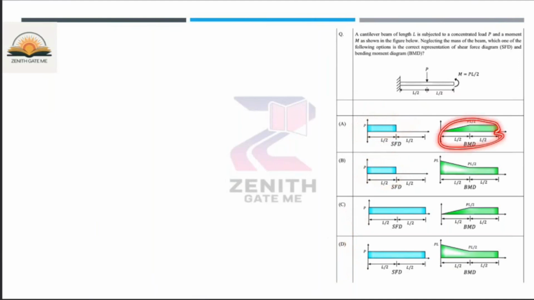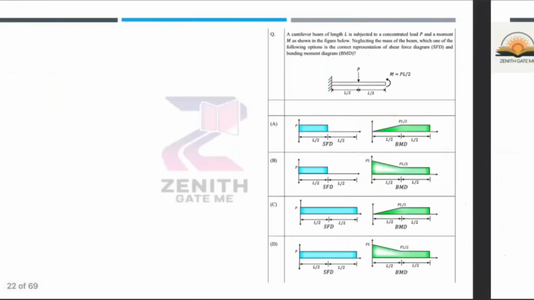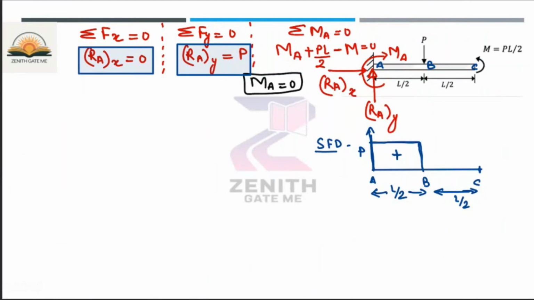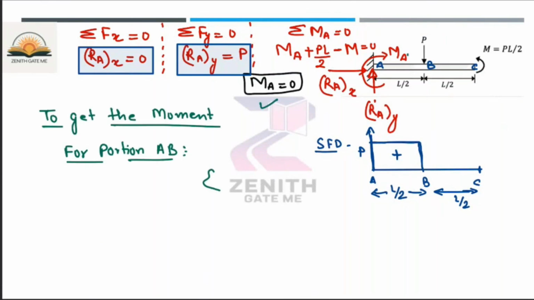Now you will check for the BMD. What is the correct BMD diagram for this particular question? Fine. So to get the variation of the bending moment diagram, what will you do? First of all, you can take any section. I will take a section XX at a distance of X from this fixed end. That means for portion AB,